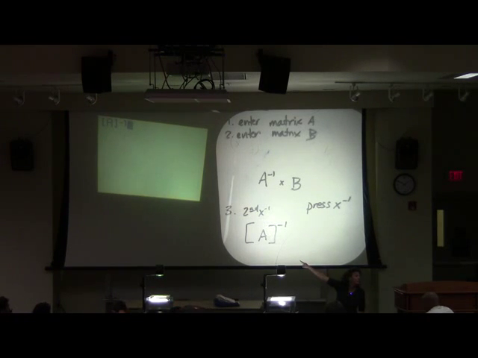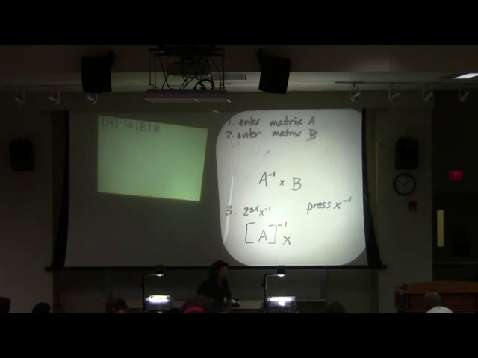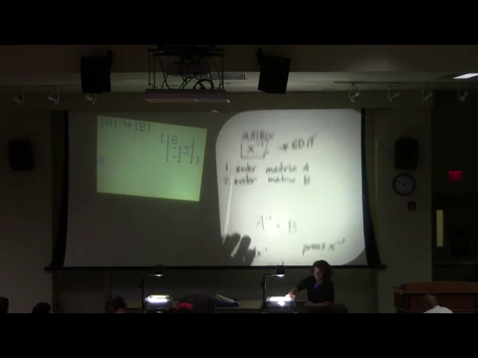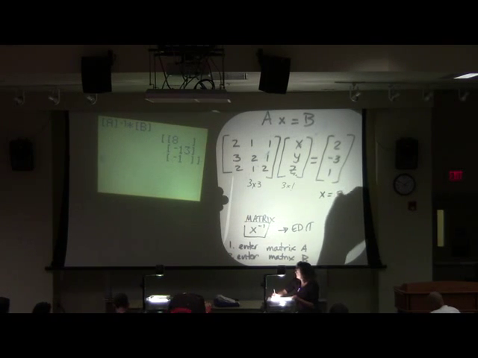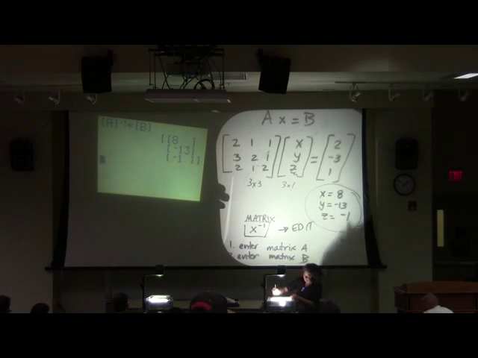Questions? You okay? Cool. Now, don't we want to multiply them? So hit times. And we want to multiply them by matrix B. So again, hit second matrix. But now we want to go down to B. So go down 1 and then hit enter. You guys with me? Now hit enter. We did it. What we got is x is 8, y is -13, and z is negative 1.